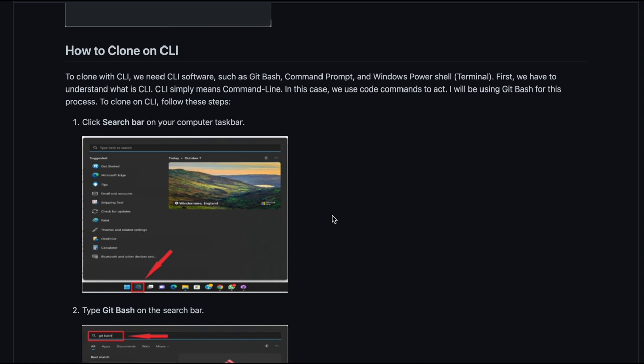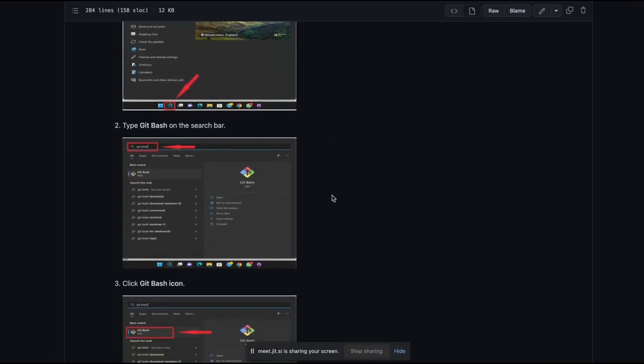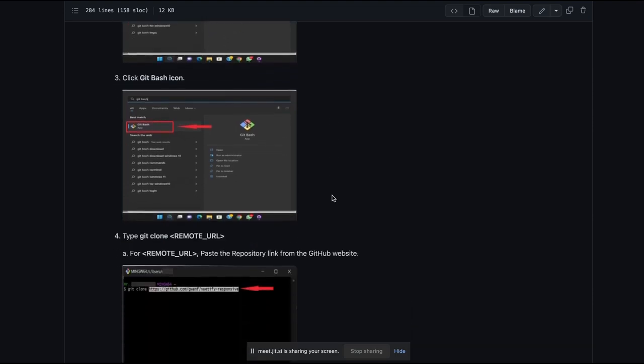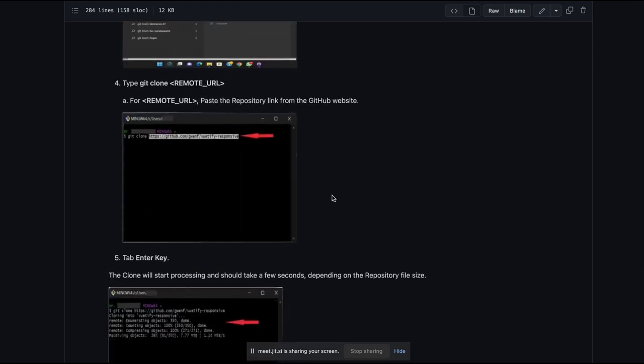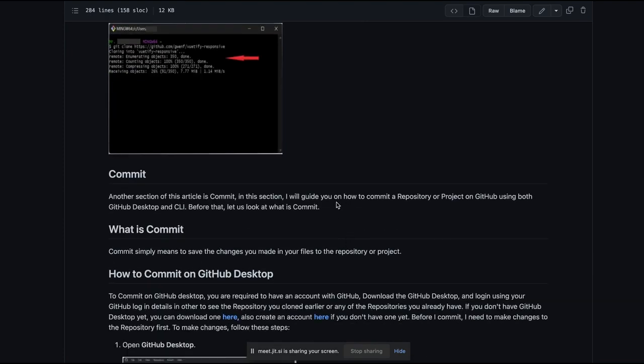Now, I like what you did here, but you have to be specific because I'm using a Mac. The other man might be using a Linux. The other person will be using Fedora. So you specify that you're using a Windows system for this example. Okay, this is good. Get the Git Bash icon. Wow, which is fine. Enter. Now commit. What is commit?